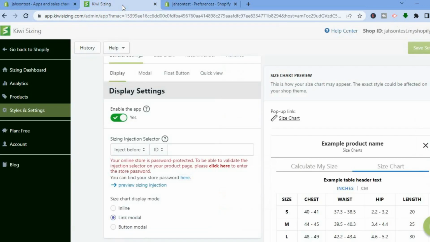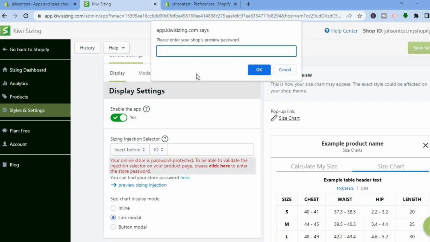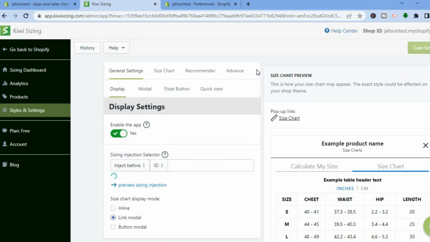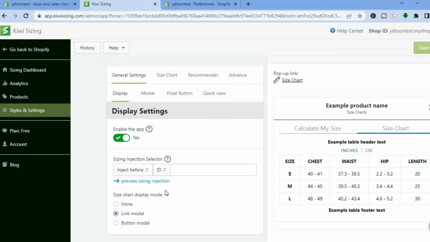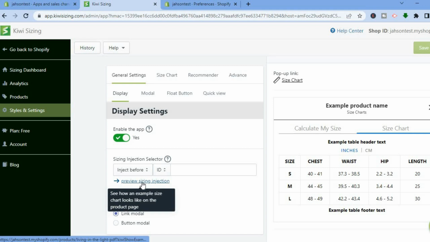But we are going to go back into Kiwi. Then we are going to tap Please click here, and we are going to enter the password. Then we are going to tap on OK. After you have selected OK, just give it a few seconds. And as you can see right there, it is now preview your size injection, and you can select how you would like the size chart displayed, whether inline, link modal, or button modal. And for example, if I were to tap on preview size injection,